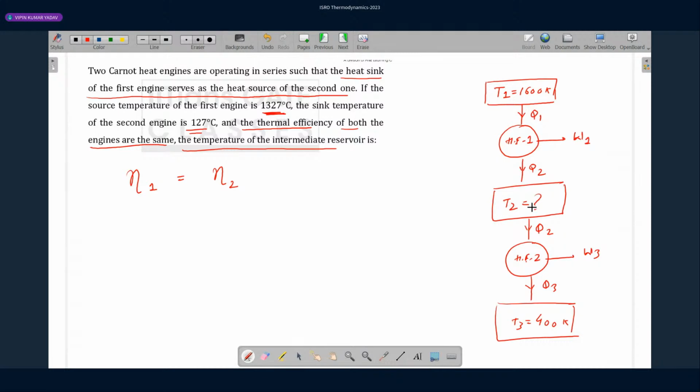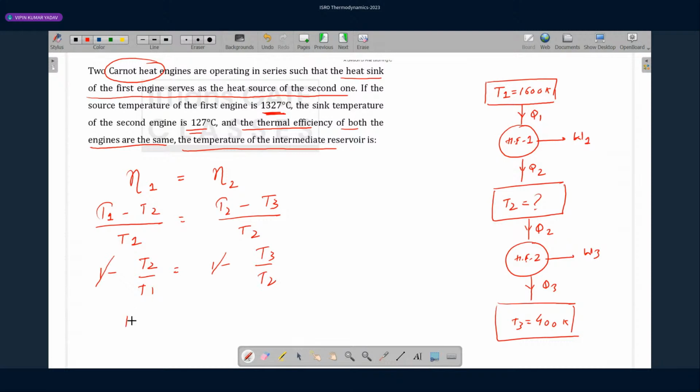Okay. So efficiency. Now you see these are Carnot heat engines. So what is the Carnot efficiency? (T1 minus T2) upon T1 is equal to (T2 minus T3) upon T2. I can write 1 minus T2 by T1 equals 1 minus T3 by T2. This and this will get cancelled. So it will be T2 square is equal to T3 into T1. So basically T2 is equal to under root T3 into T1,